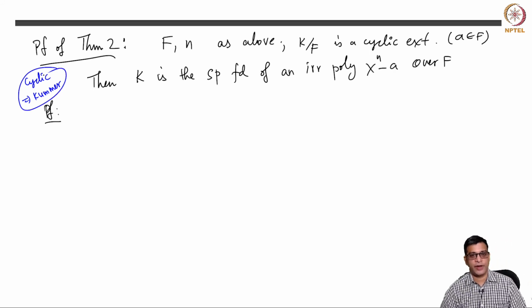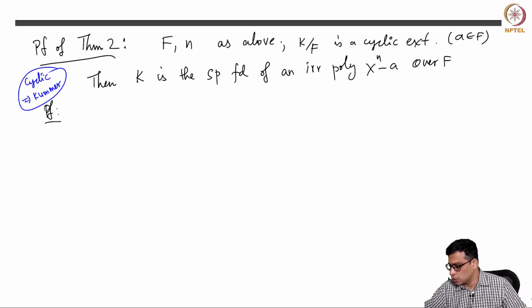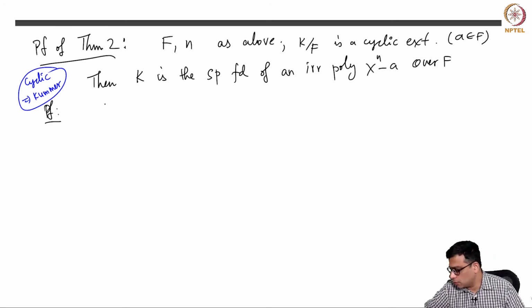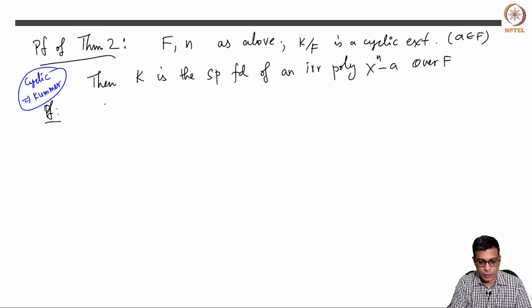So these things will in fact be useful for us later. These are not just of intrinsic interest, which they are, but they will be useful to us later also. So let me start the proof. I may not have time to finish it in this class, but I will continue the proof for some time and then we will stop. So let us see. Okay, so let me start the proof and then see how much we can do.